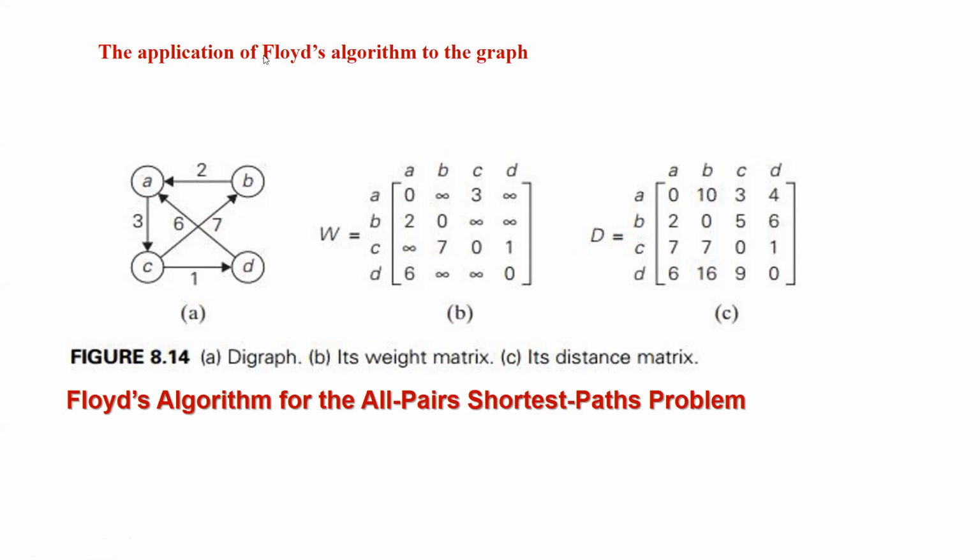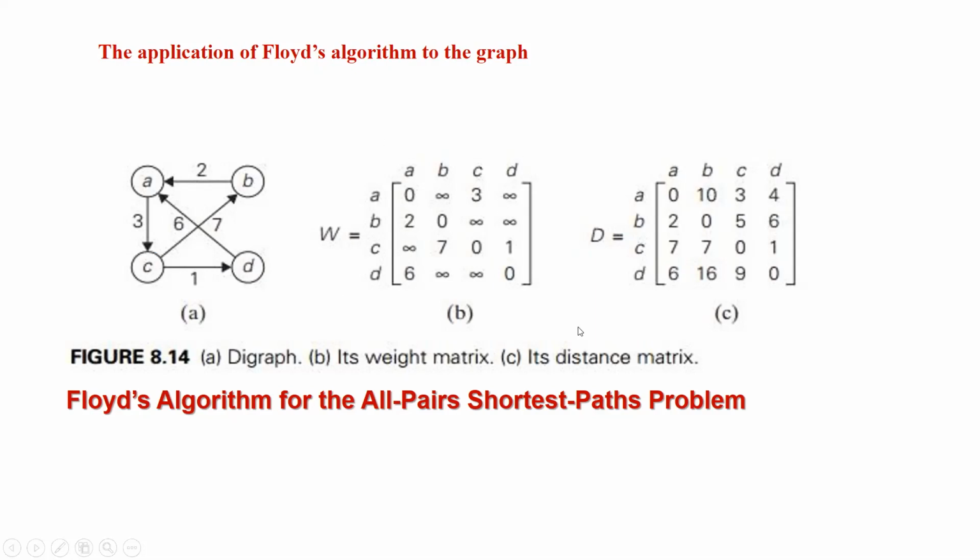Okay, so this is the application of Floyd's algorithm for the given graph. This is the given digraph, a weighted graph, and this is the adjacency matrix. If there is no direct path from, for example, C to C, or consider that this is a loop, we shall leave this. For example, A to B, there is no directed edge, and hence we write it as infinity. A to C, there is a path, and the cost is 3, so I will write it as 3. But A to D, no direct edge is there, so no direct path. Initially, in the adjacency matrix, we will write it as infinity.